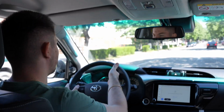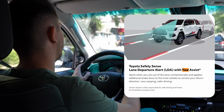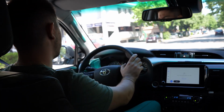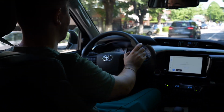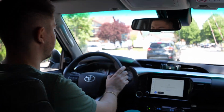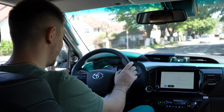You also have some electronic stabilization for yaw. It also has a lot of body roll. That's because we have leaf springs for the rear suspension. And when the car is empty, you don't have any load, it gets really bumpy. So you have to put some weight into the back, and this problem, it doesn't solve 100%, but it gets